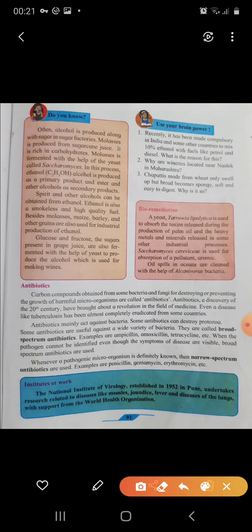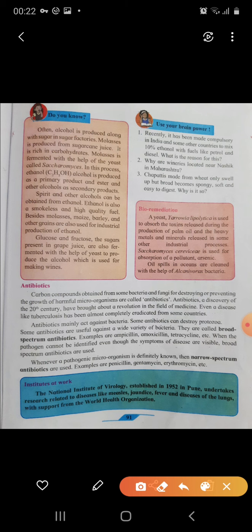Then these two parts, 'Do you know' and 'Use your brain'. This part is omitted from the syllabus according to the new syllabus, but it is given for extra reading. You have to read it at your home. Okay,